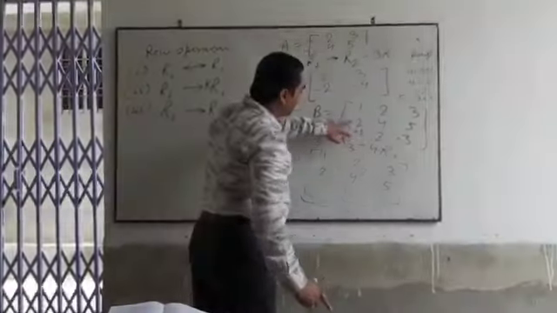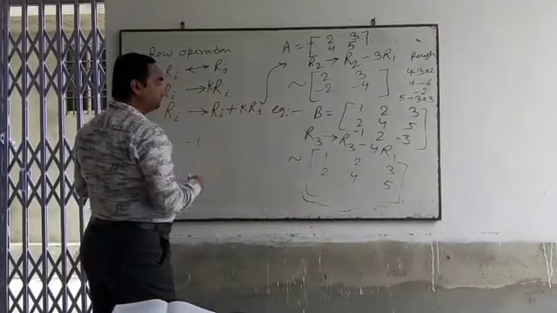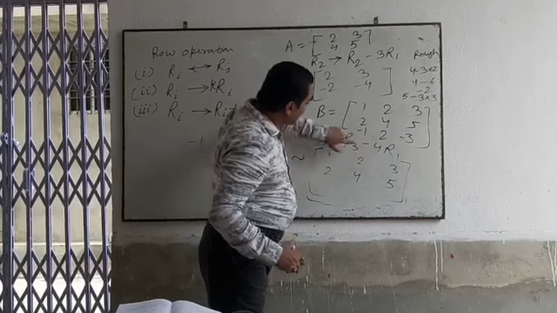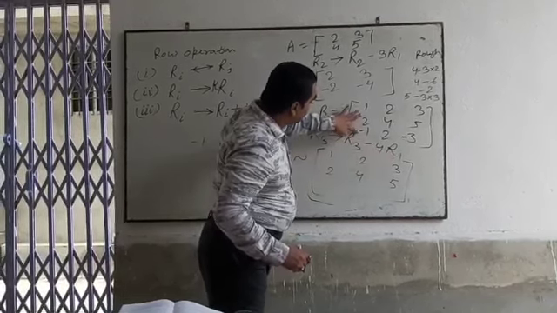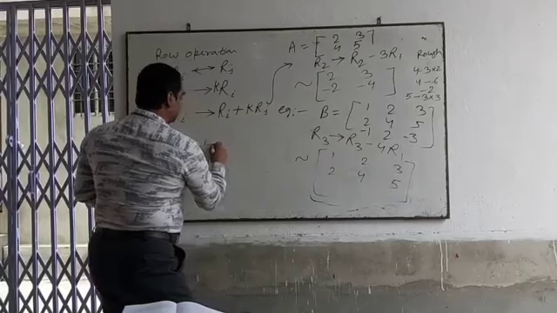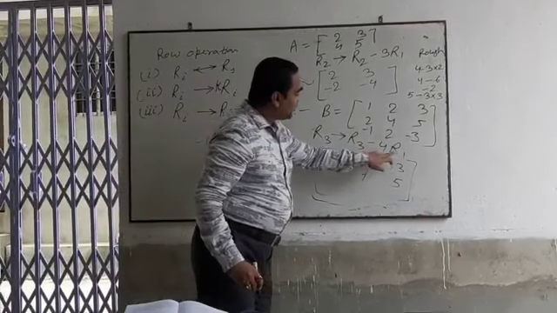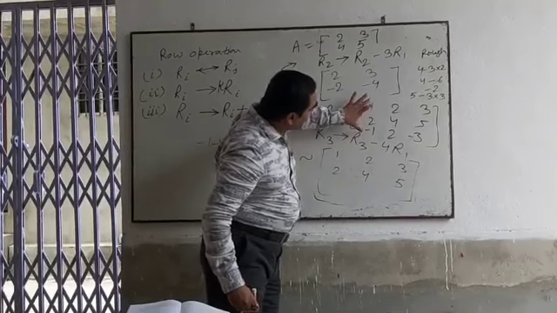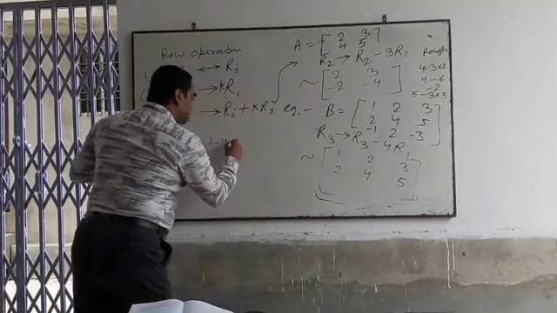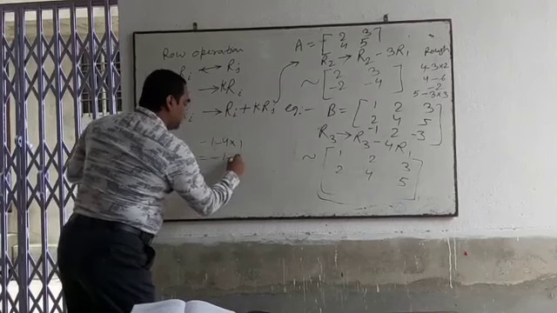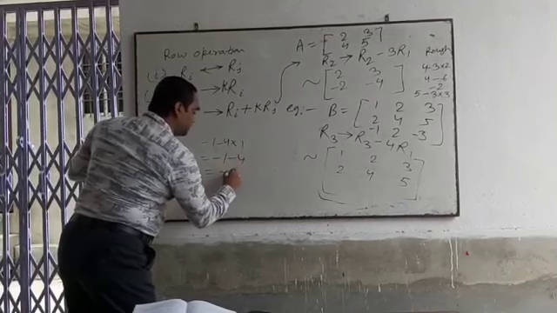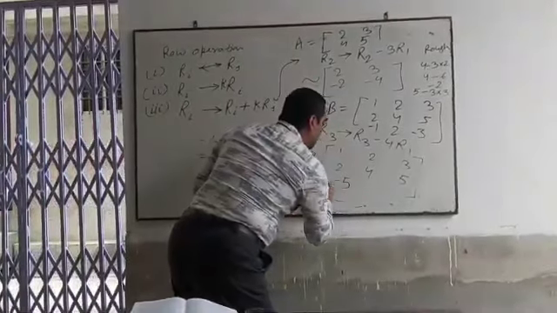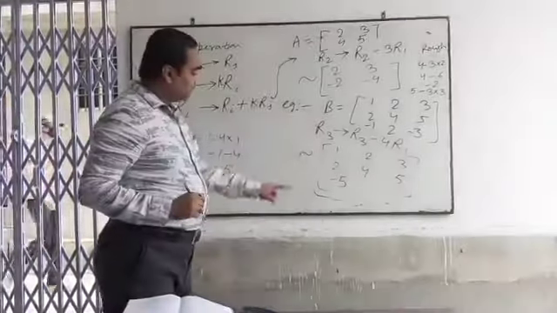Now listen, the first element of R3 is minus 1. Okay, we are going to operate it with R1. Then minus 1, minus 4 is there. Then after minus 4, R1. What is the corresponding element of minus 1 here in R1? That is 1. Then it is minus 1 minus 4, that is the value minus 5. Then the first element of R3 of this equivalent matrix is minus 5.